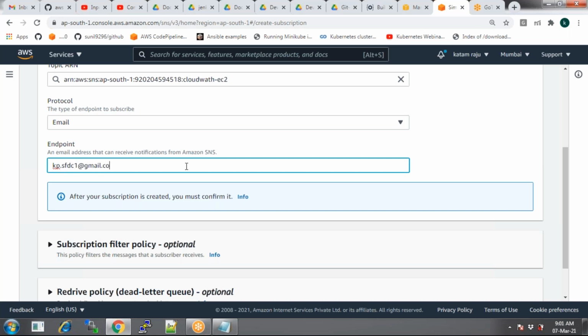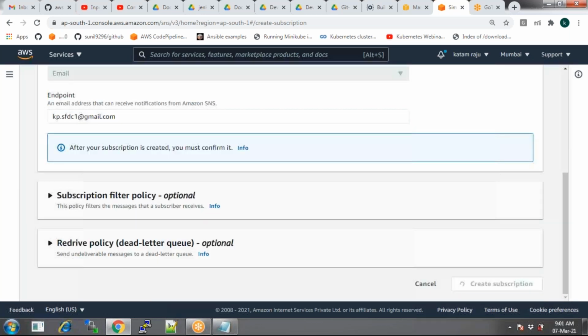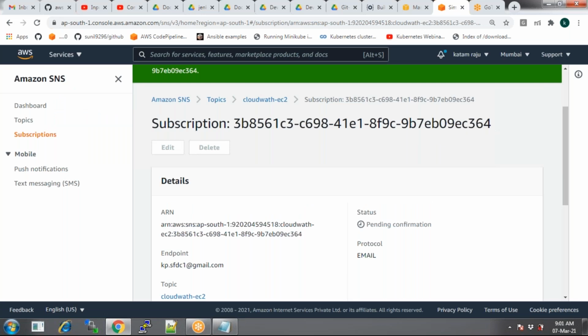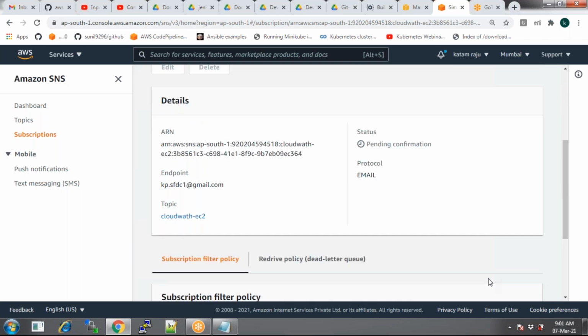Select the protocol and then the email address. Okay, create a subscription. First you create a topic, and second step, create subscription. In create subscription, you enter the email ID to which you want to send notifications.